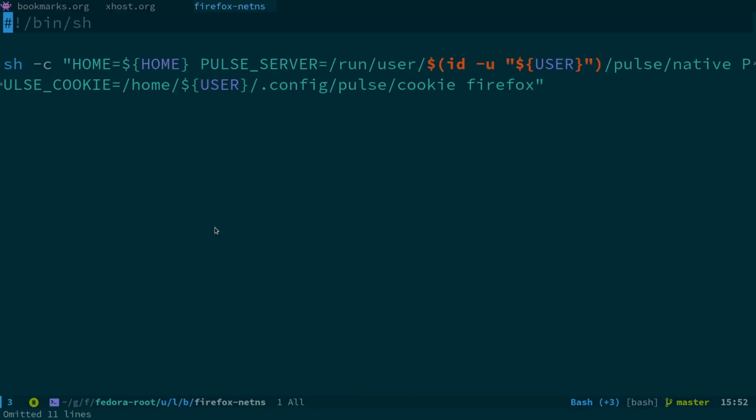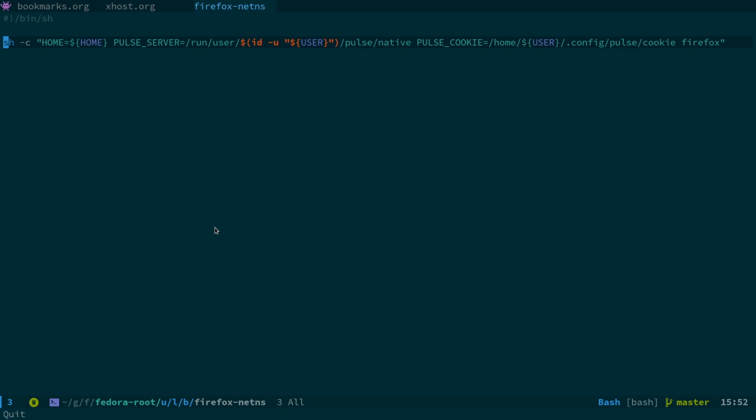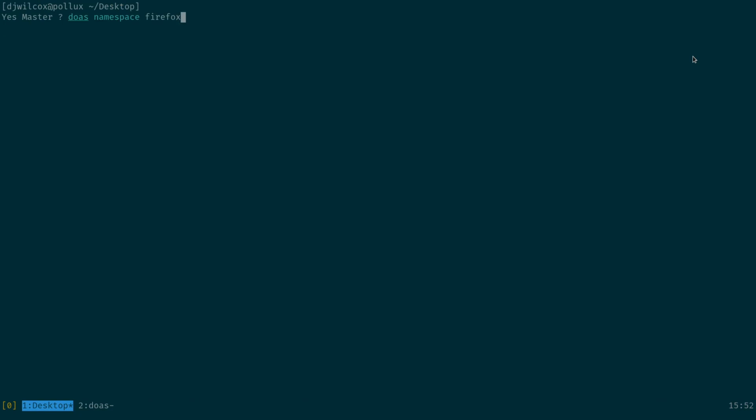So after a lot of tinkering around, what I found is you actually need to run Firefox with these options. So what we've got here, let me just zoom out a bit. It's all in one line. HOME equals home, PULSE_SERVER equals, and this is the path of the pulse server, and then the pulse cookie. So what we need to do is actually have a kind of wrapper script with the pulse server and the pulse cookie, and then start Firefox. So if I run that with netns,